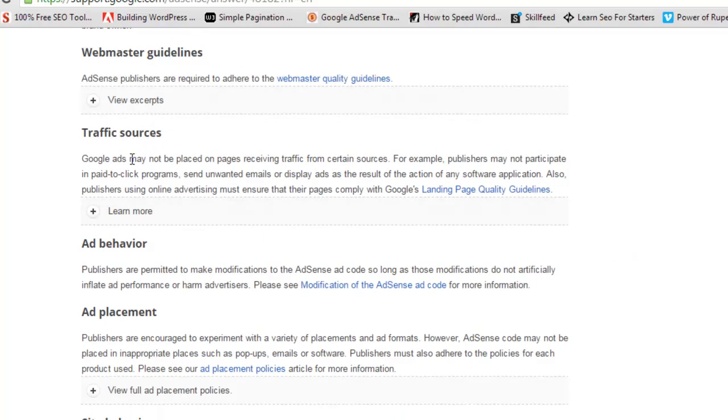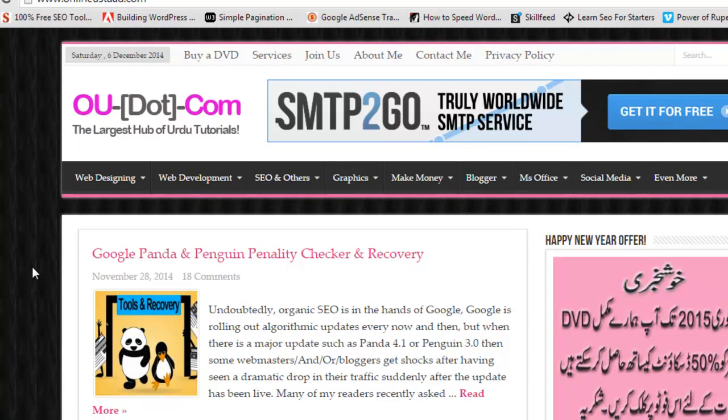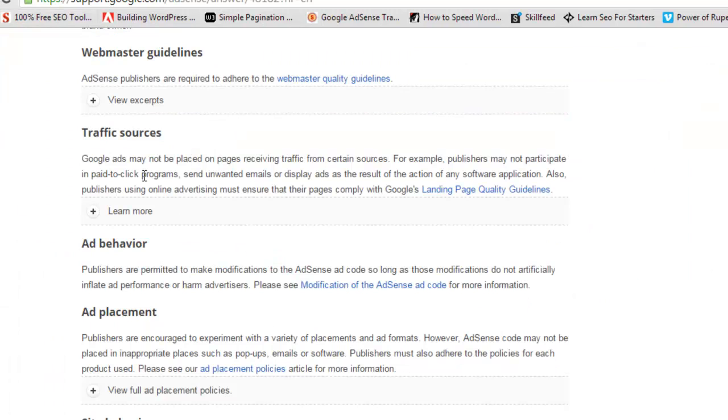And traffic sources, Google says that our ads are actually designed for search engines and for different people. I mean people coming from Google will get the best result, the best ads from Google AdSense. So you must have some visitors from search engines. If you are just using a single source for traffic, that is very dangerous for AdSense. I mean sending people emails and asking them to come to your website and click the ads or something like that, or you are buying traffic from a company or from a website.